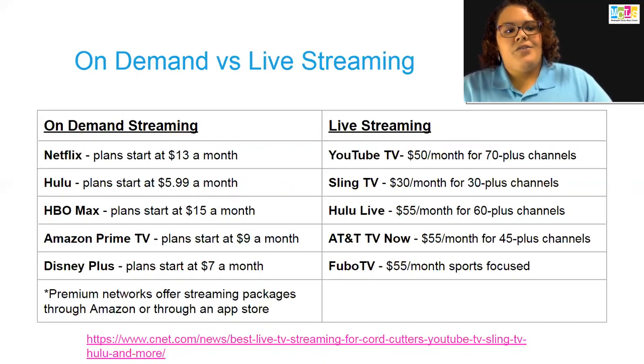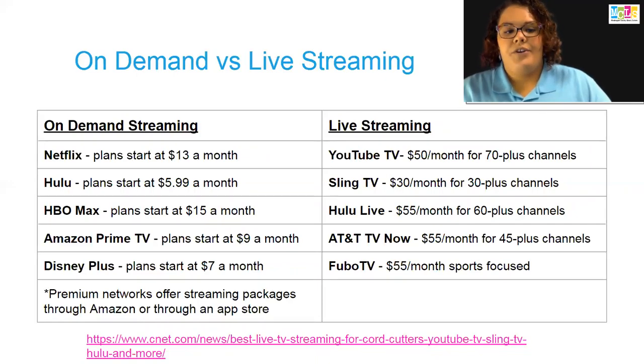So on-demand streaming are shows that are kind of like in a library or a locker that are always sitting there, and you can go in and watch them whenever. Where live streaming is very much like cable TV, where shows are running and you can go in and watch them. Another option with live streaming is some live streaming channels have DVR built into them.